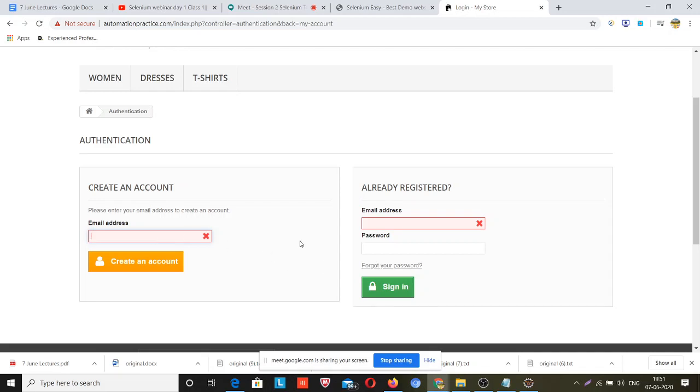So how will you do that? You will normally come to this URL by clicking on the sign in button, and after that you will see the create an account button. Manually you will test, let me see whether this email ID is allowing me to create an account or not. So you will simply put an email ID over here. You will do like this,